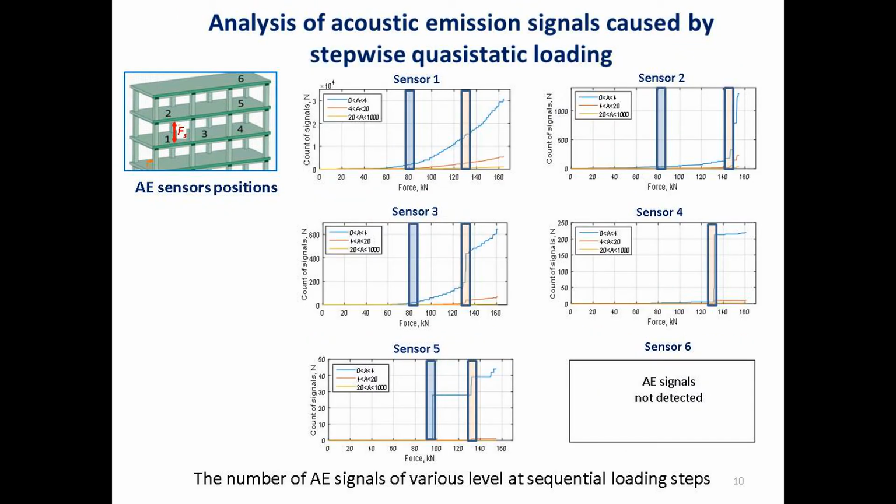Another way to analyze the deformation response of the structure to the static load is acoustic emission testing. These pictures show the change in the number of acoustic emission signals in the loading process. Similar to the previous cases, we can note the loads of about 80 kN and 130 kN. These loads are associated with a rapid increase in acoustic emission signals. This phenomenon can be correlated with the occurrence of damages in the structure.